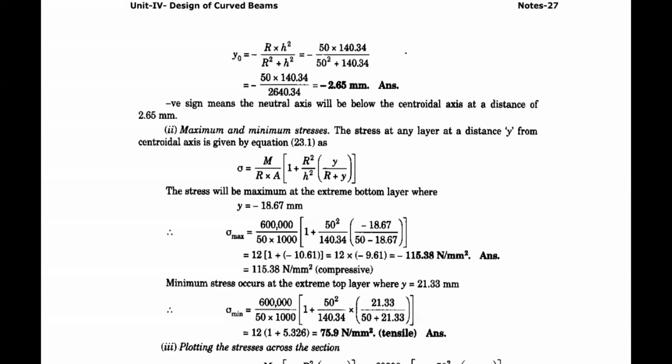So this is how you are supposed to calculate, for different cross sections, sigma maximum, sigma minimum, and the position of the neutral axis, right? I hope you understand the entire procedure and what I am trying to say for solving the problem in an easy manner. I don't know how many of you are following these steps, Amma, but as far as my knowledge is concerned, I feel that this is the easiest procedure to adopt for solving the problem. Just step-by-step procedures: position of neutral axis. For any problem, we have only these 3 steps, unless it is specified otherwise.